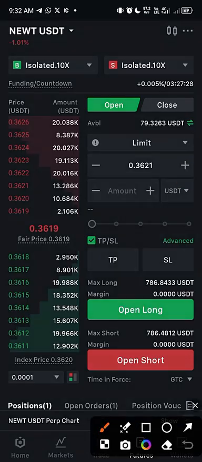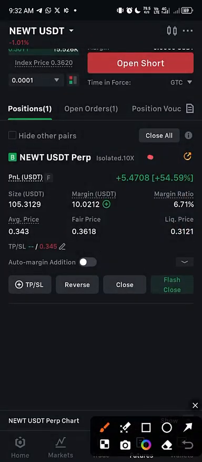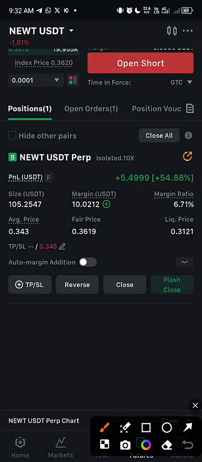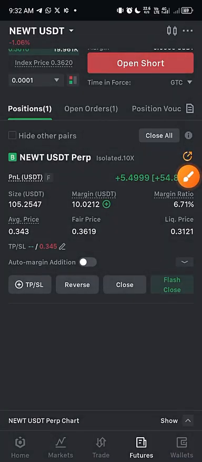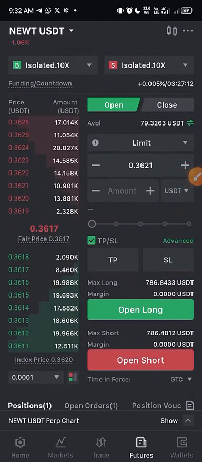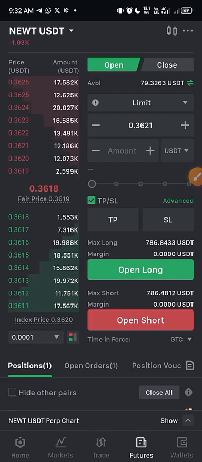This is Newt. This is the trade I gave earlier, and it's already running and it's in profit. If you look at it right here, you can see the profit. You can see it's in over 54% profit. Now that this trade is in profit, if I want to put this trade in Breakeven so that it will run risk free, so that I don't endanger my invested capital, and wait for it to play out,